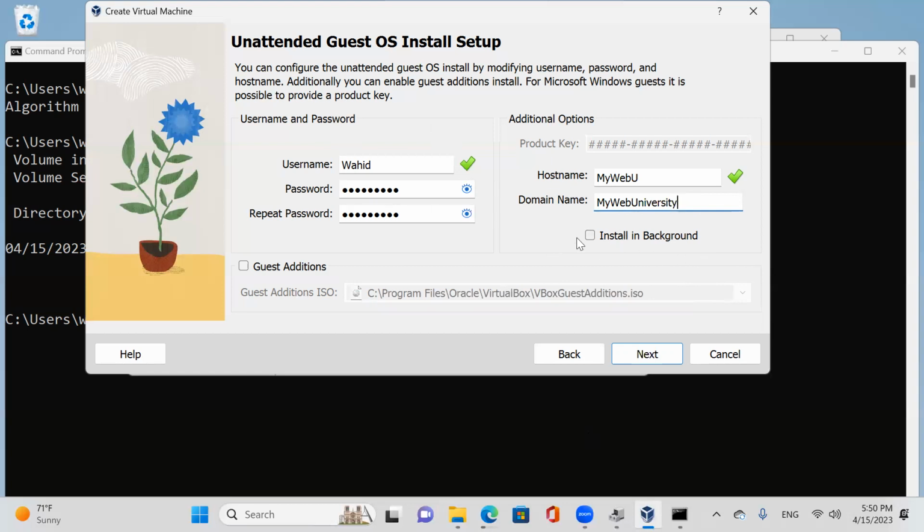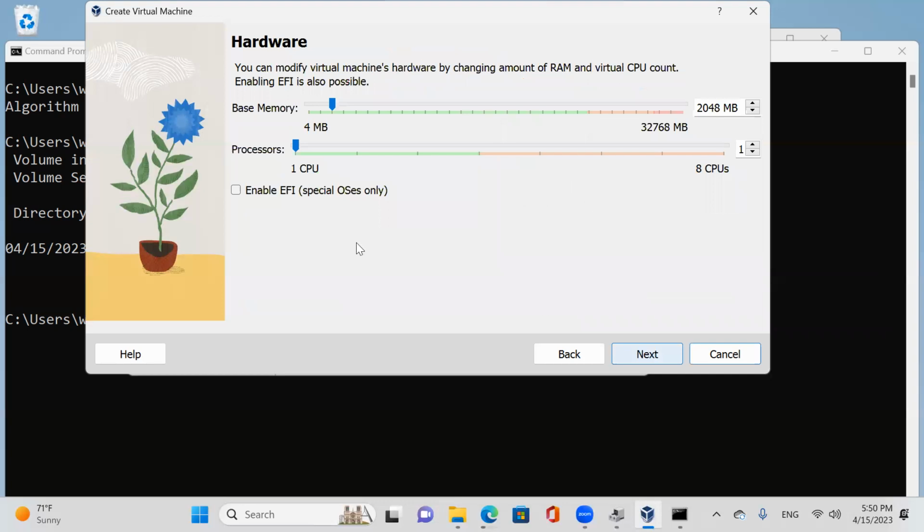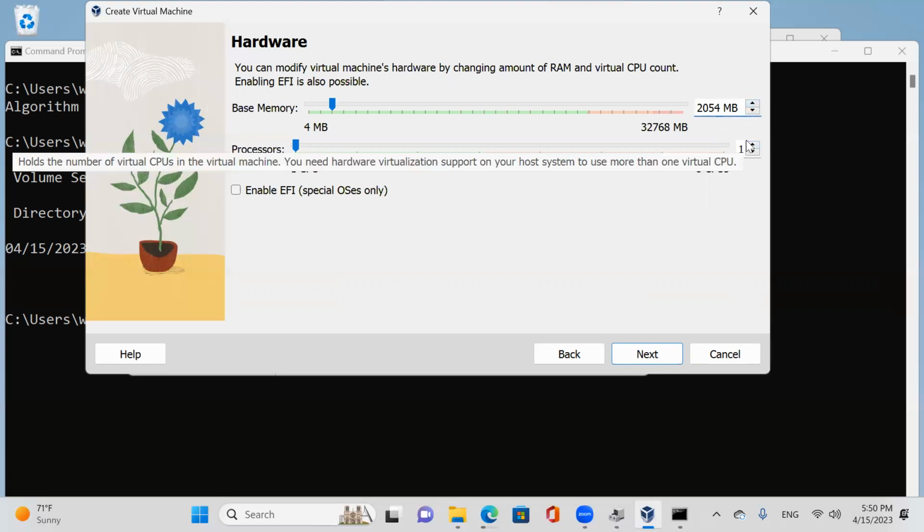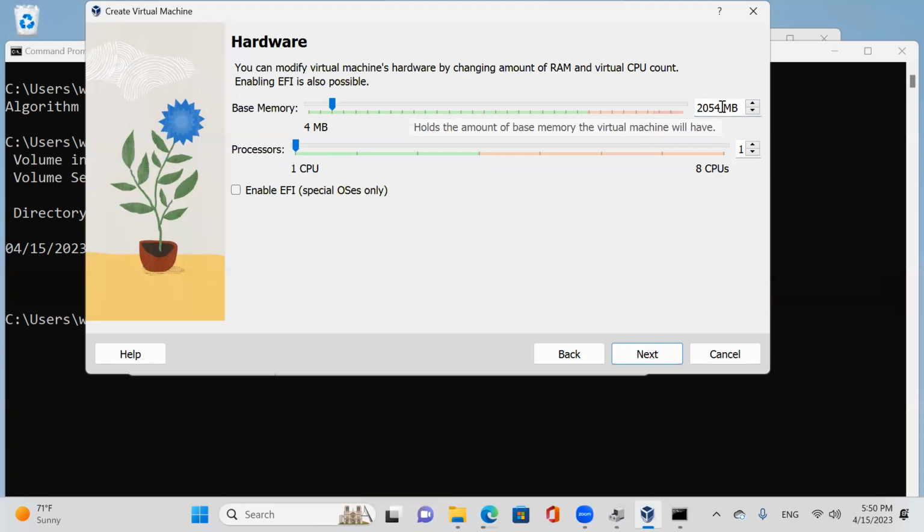Install in the background. Yeah, we can do this if you want to install it in the background, but I'm going to just let it run. This one says how much memory you need to allocate. By default it is 2 gig. I'm going to increase that one to 16 gig. So I'm going to just go about 16 times